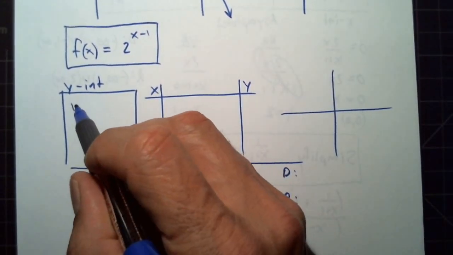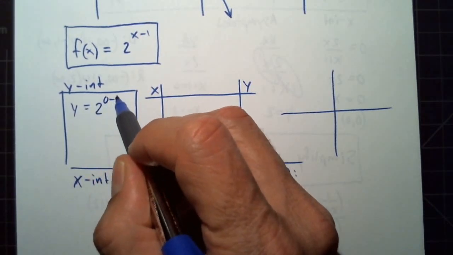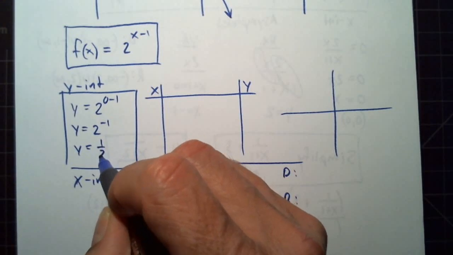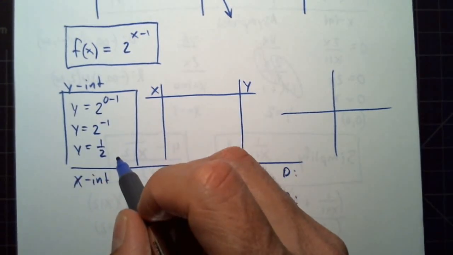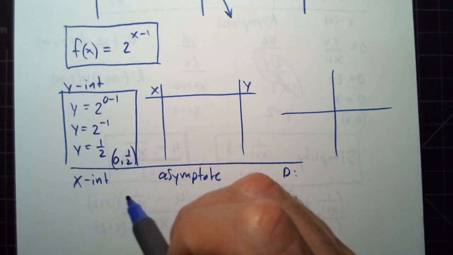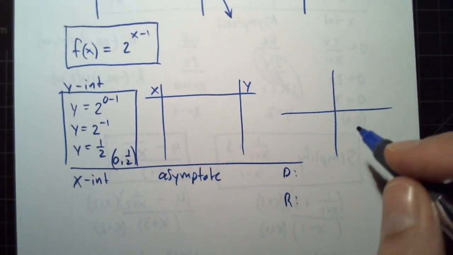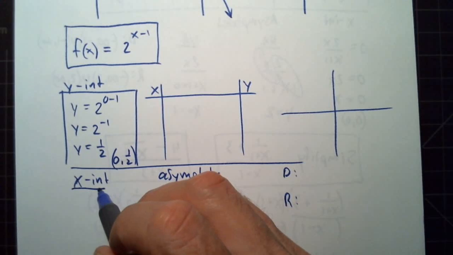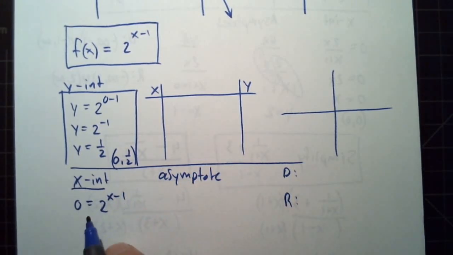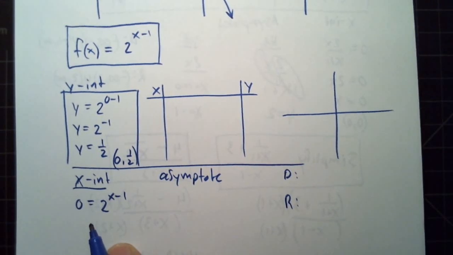The y-intercept is when the x value is 0, and we have 2 to the negative 1. That's 1 over 2. So the y-intercept is (0, 1/2). The x-intercept is when the y value is 0. And to solve an exponential equation,